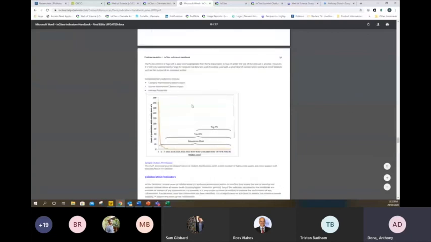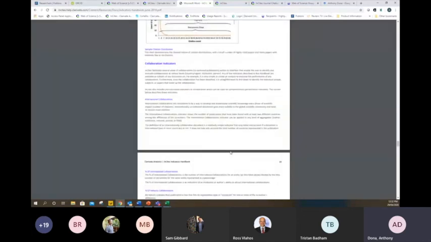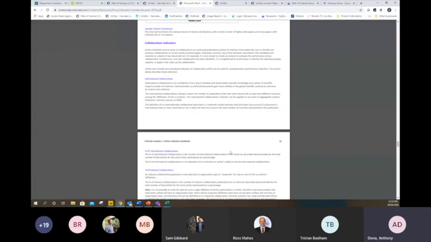The example distributions of what I talked about at the start of the second session are there as well, just to give you an idea of how we're calculating percentage of documents in the top 1 or 10%, and where means or averages should be used and where they should be used with some caution. So yeah, it's really very useful. I hope that's helpful, Tristan, and to the rest of the group.